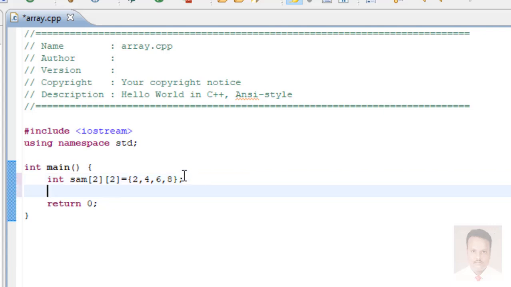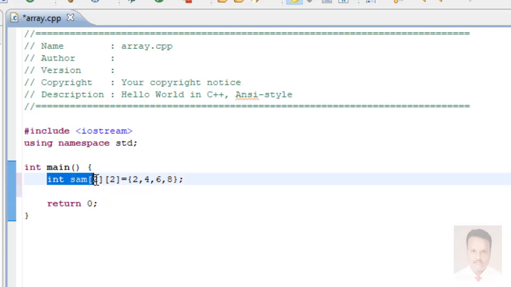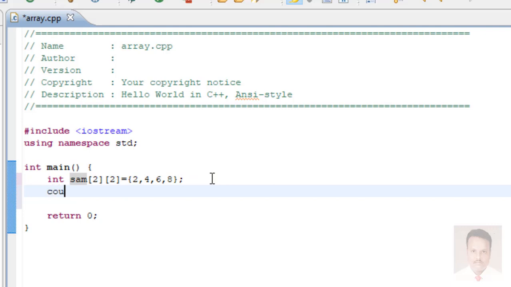So now you have declared an array of integer data type, the array name is Sam, with 2 rows and 2 columns. You assigned the values. Now you want to display the values. So how to display? Let us say cout Sam[0][0] equal to,